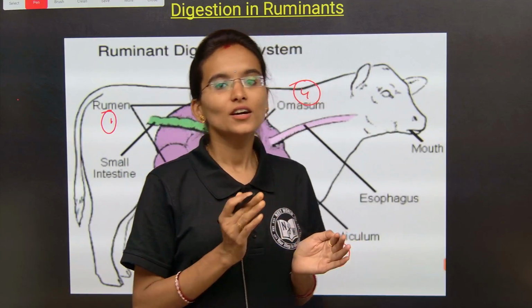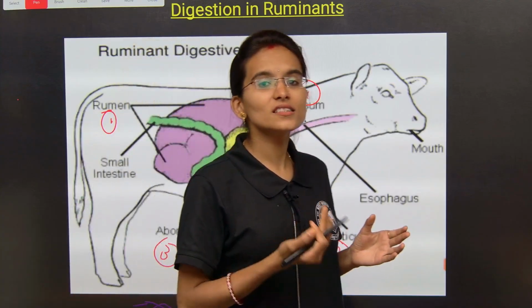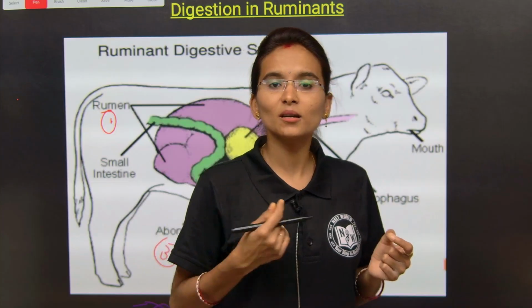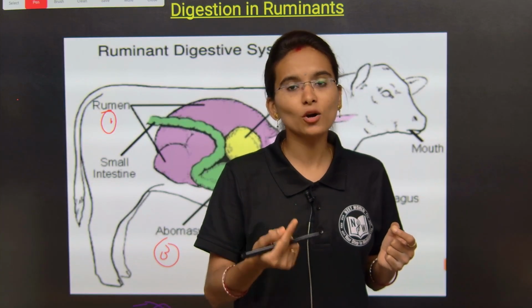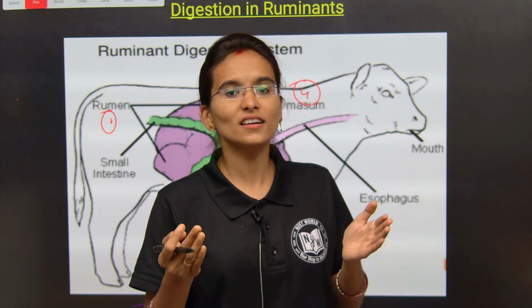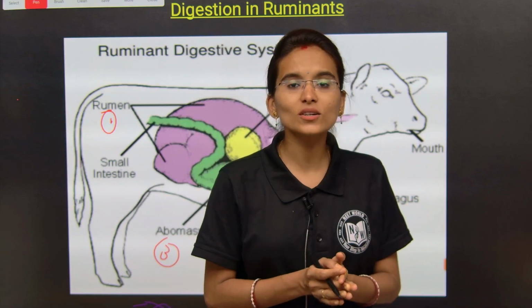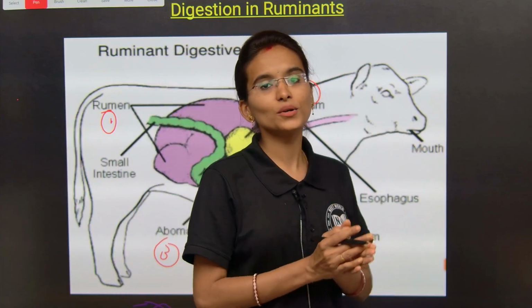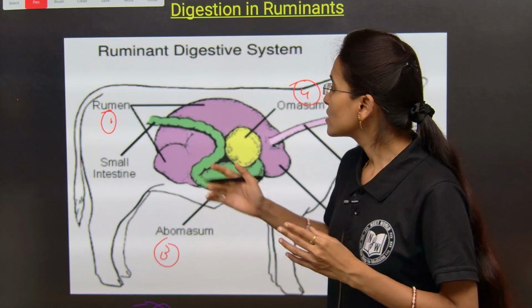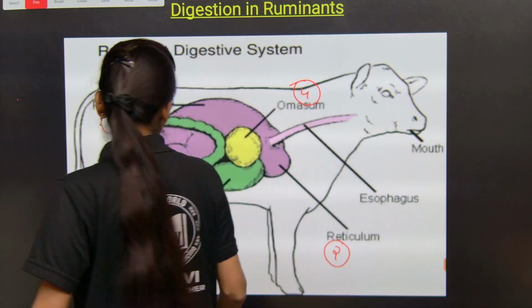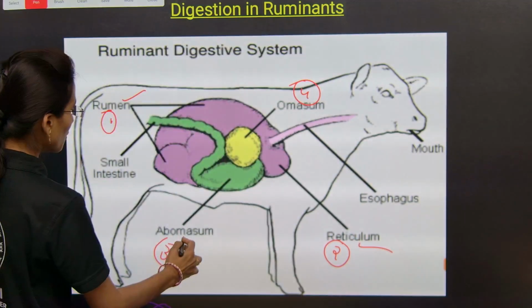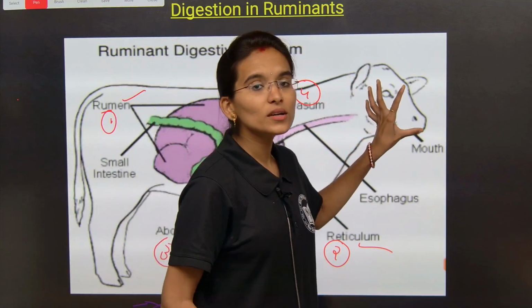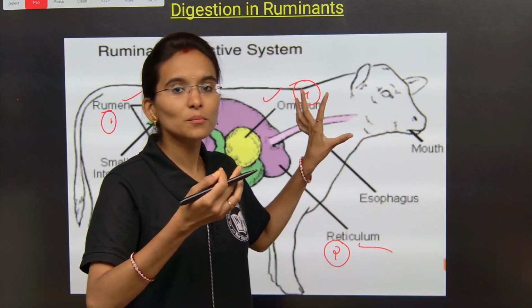When we discussed the human digestive system, we learned about the mouth, buccal cavity, alimentary canal, stomach, small intestine, large intestine, liver, pancreas, each and everything, right my dear students. In the same way, the digestive system here also has 4 main parts: rumen, reticulum, abomasum and omasum. Clear? Now whenever this cow eats, during the grazing process,